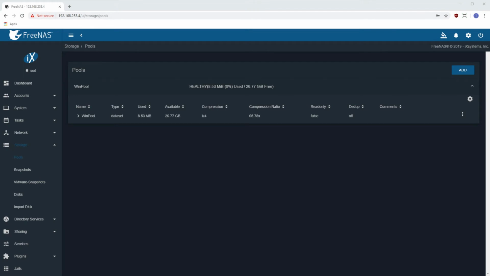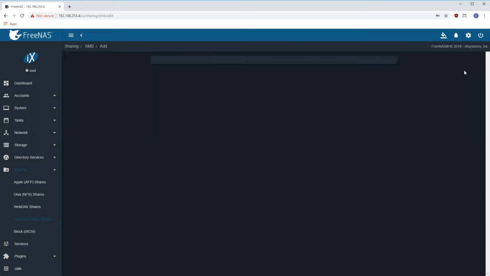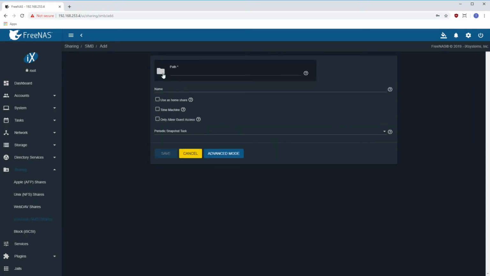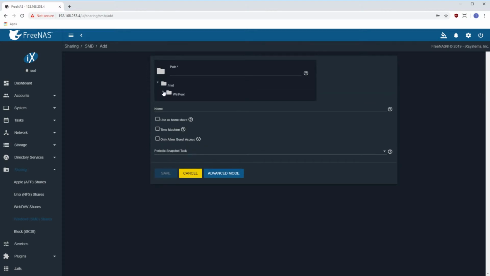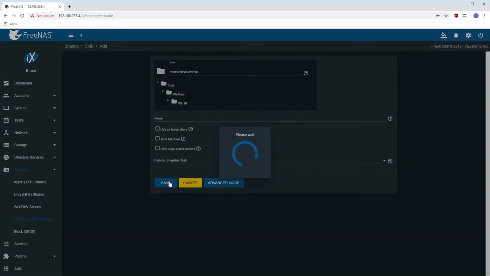Now go to Sharing, Windows SMB Shares, and click Add. Click the folder icon to select the path and navigate to /mnt, WinPool, Win10, then left-click Win10 to configure the path to /mnt/WinPool/Win10 and click Save. Your FreeNAS server is now set up for the next step of the process, generating a Windows 10 PE image using